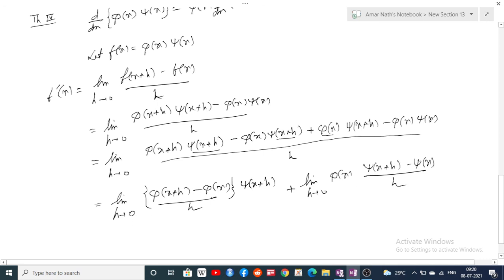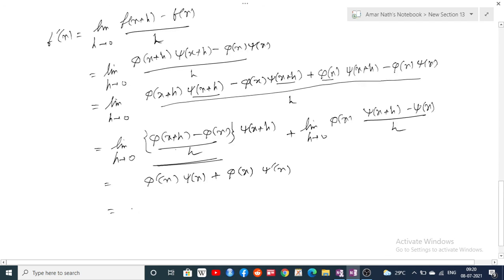Now taking separate limits for each term, for the first term we get phi dash x times psi(x), and phi(x) is independent of h, and for the second term we get psi dash x. After rearranging, you can write phi(x) psi dash x plus phi dash x into psi(x). Hence our result is